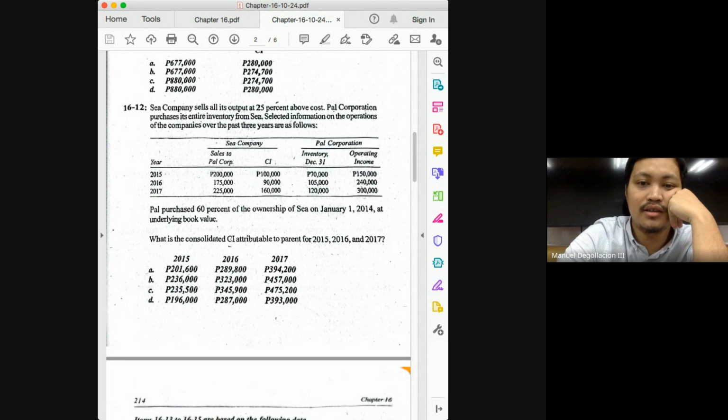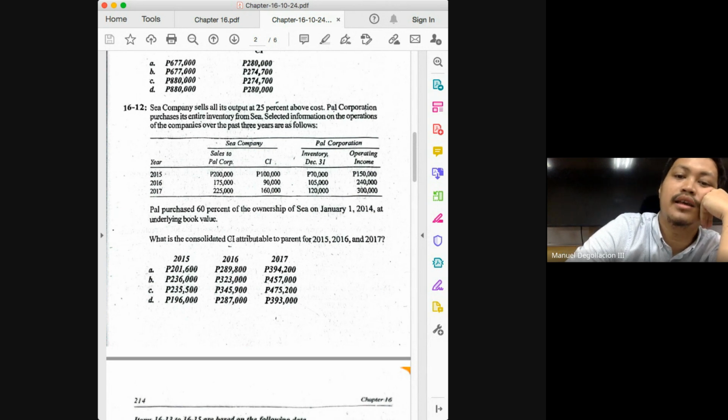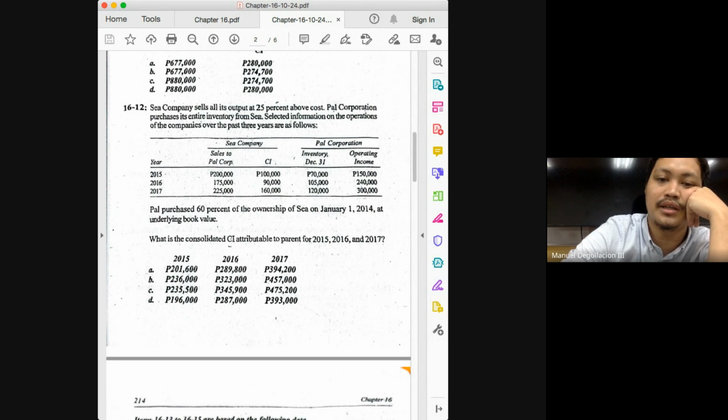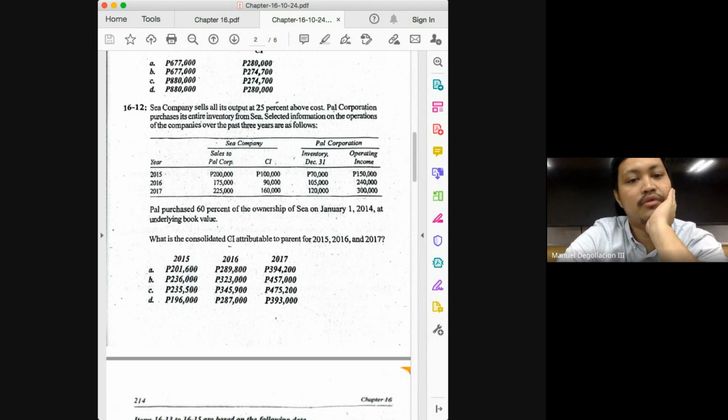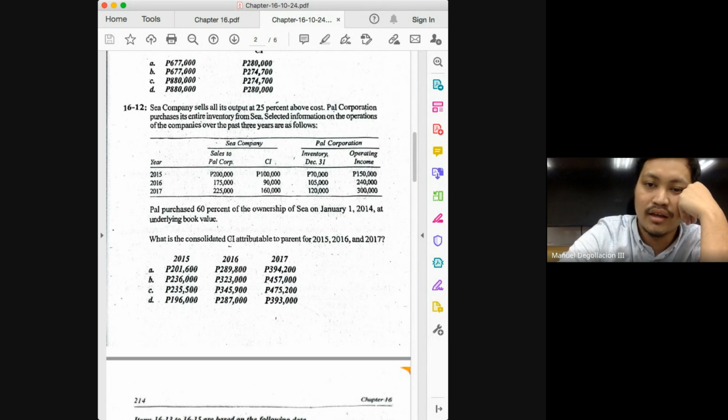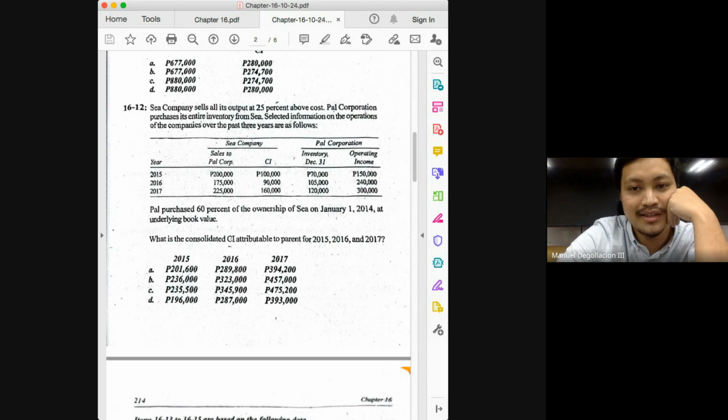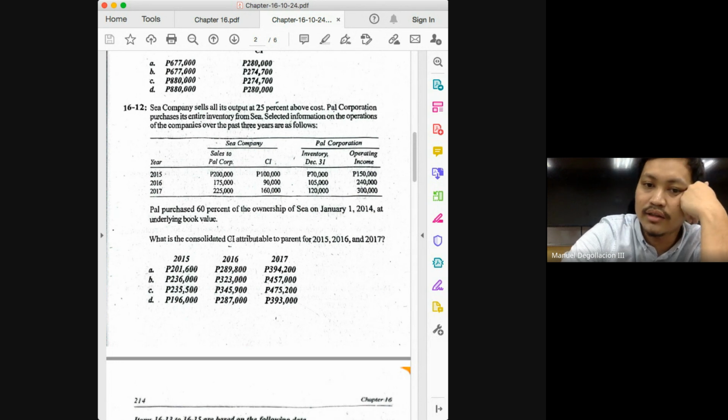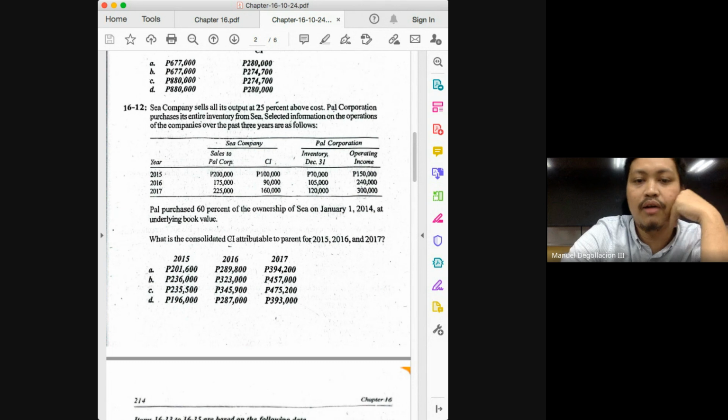Just deduct the share of the NCI in the adjusted income of the subsidiary. How much is the adjusted income of the subsidiary again? 86. How much is the NCI in this problem? 40%. I hope everyone gets the 40%. That's the residual after the controlling interest of 60. So 86,000 times 40% will give you